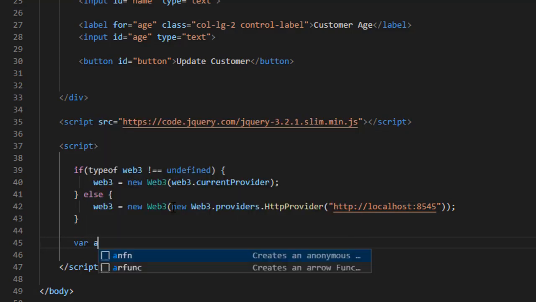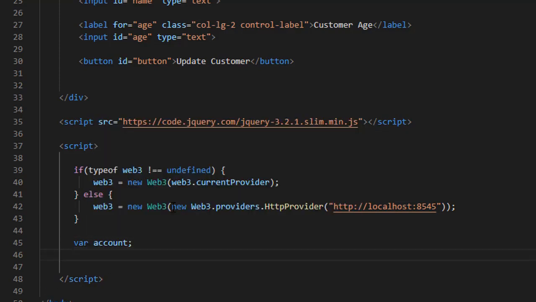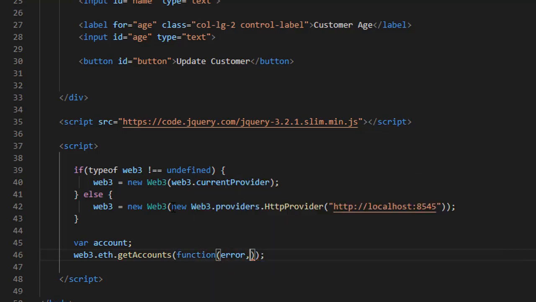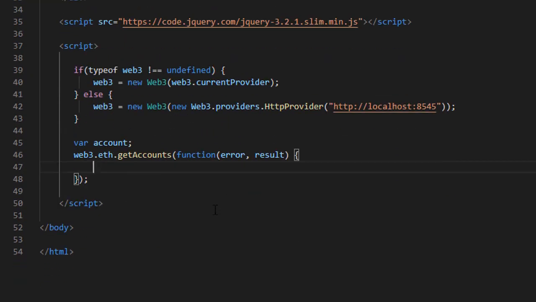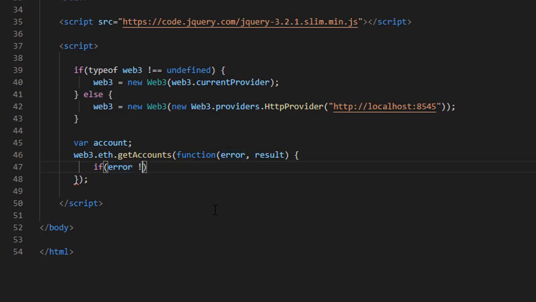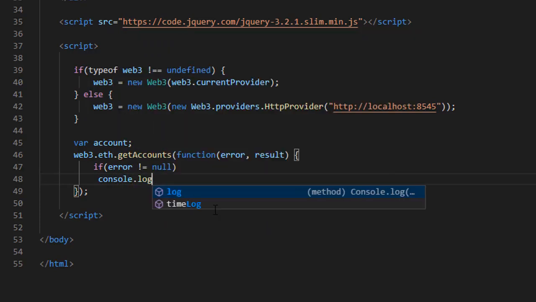Next we are going to get the account. For that we have to use web3.eth.getAccounts, and we are going to write function (error, result), and if error not equal null, we are going to console log, so if we have got some error.